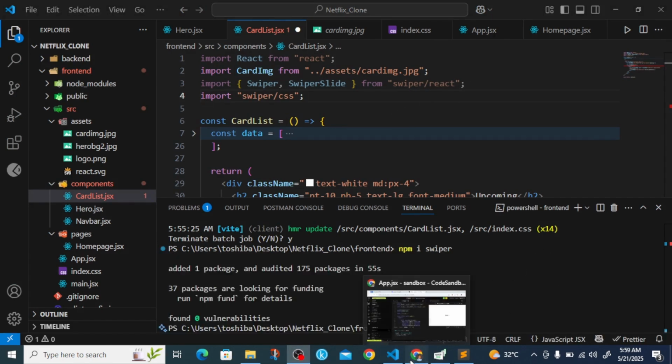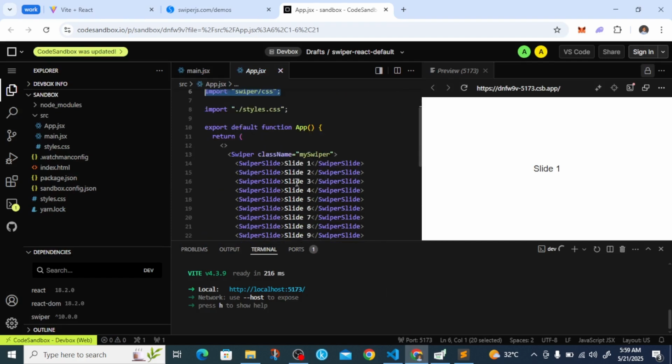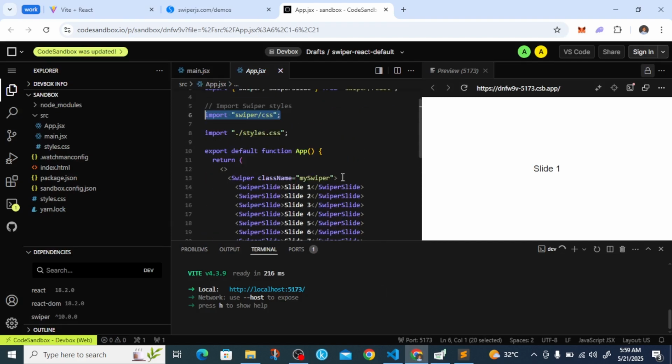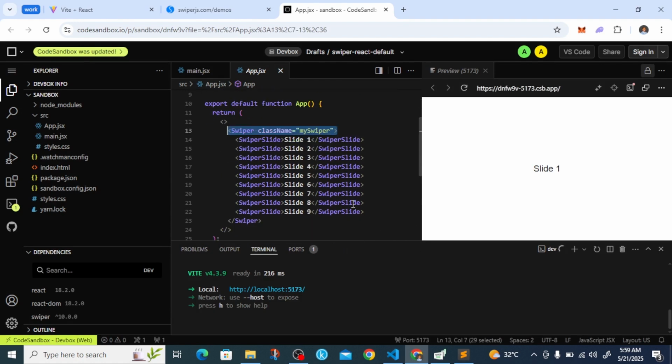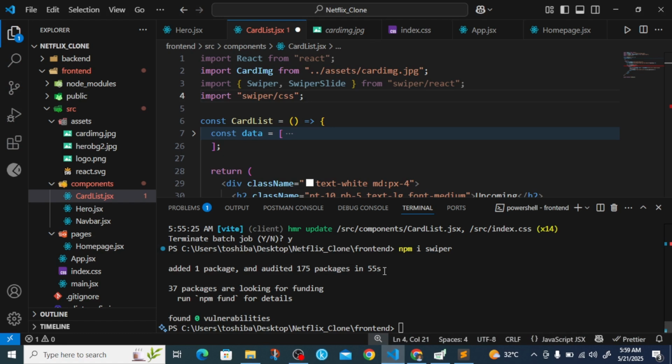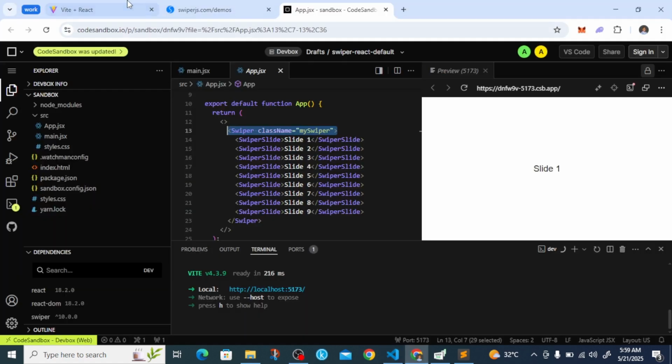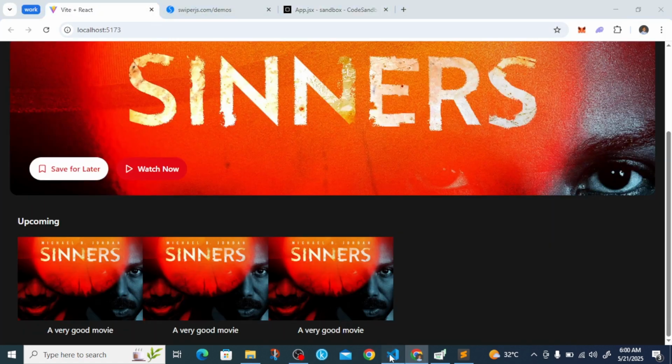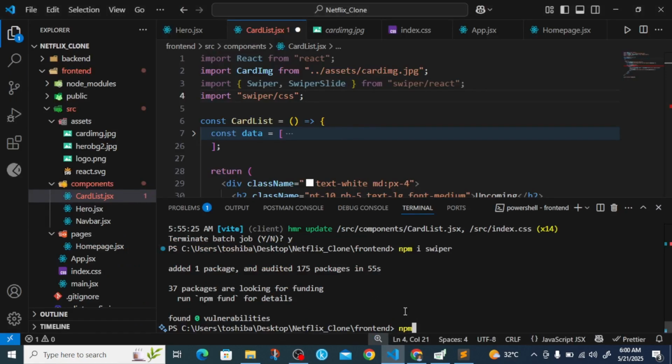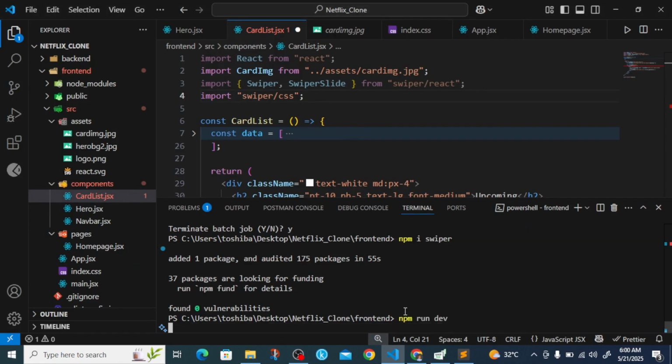Okay, now that has been installed, we can just come back here, and then as you can see, we have this Swiper class and this SwiperSlide. So we're going to use that in our code as well. So let's go back to our code. We can get our code running, npm run dev. Then you can close the terminal,